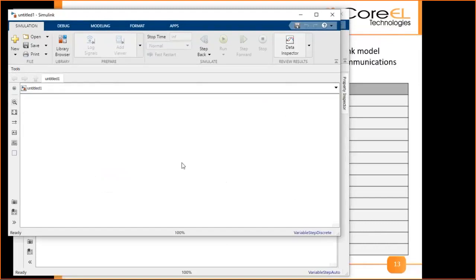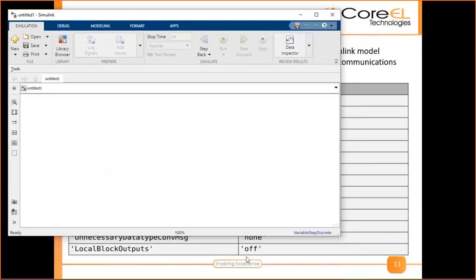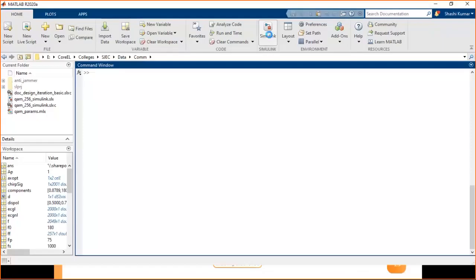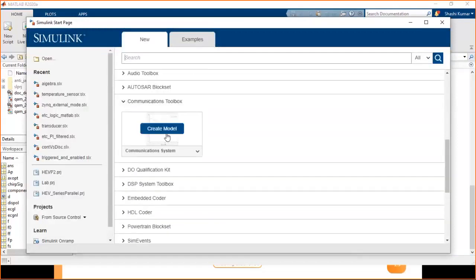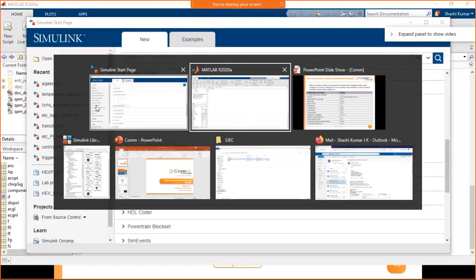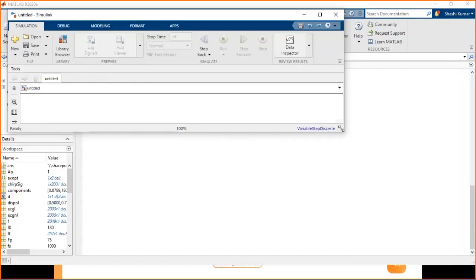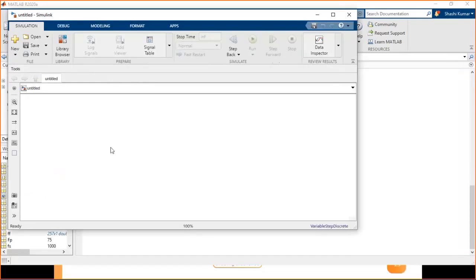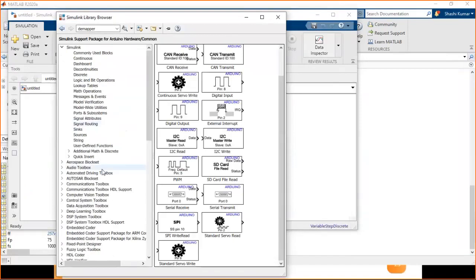So to start, you go to the Simulink model. This is the model which you get. How do you do that? MATLAB, Simulink, and go to the communication systems toolbox and communication systems. This will create a model for you. It will create an untitled model. This is how it looks, and here you can use the library browser to model some communications